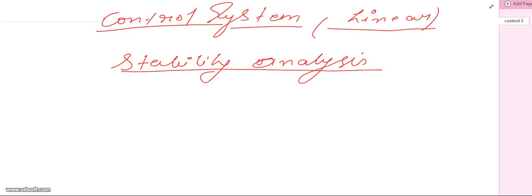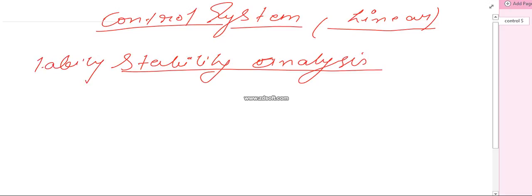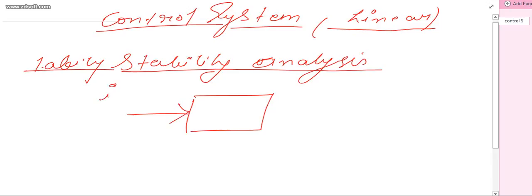So friends, we are going to study a linear control system and the stability analysis of the control system. At the beginning, let me define what is stability. So stability: if a system is there and a certain input is given to the system, and if the output